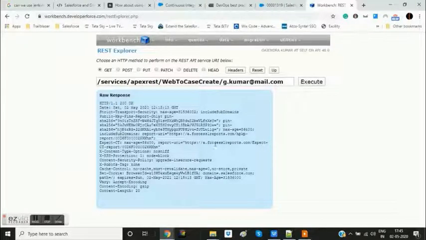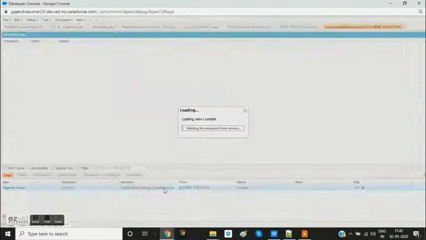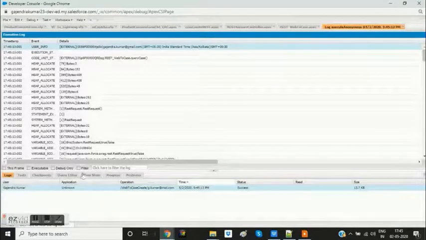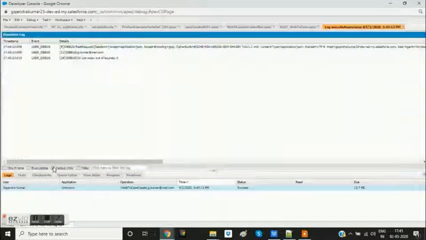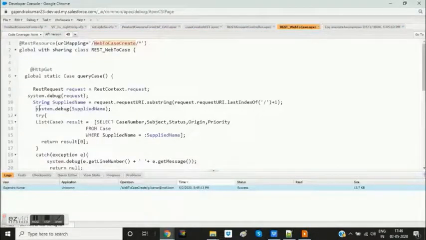Now it shows here 200 OK HTTP, which means the request has gone through, but we have not received any response so far. So let's go back to the developer console. Open this. There is a log created. Let's open this log and filter for debug.